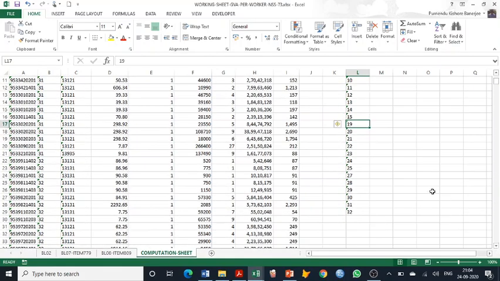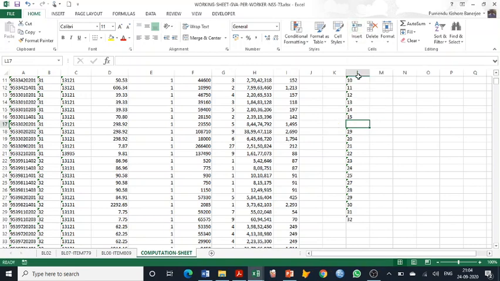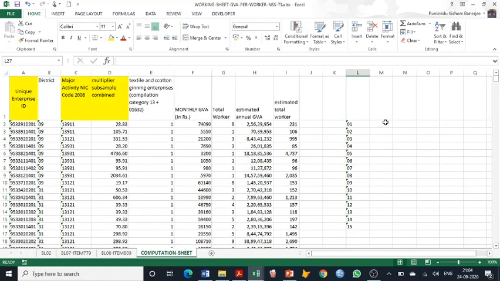So there are many districts where we have not got samples for the cotton ginning. So this is the situation.